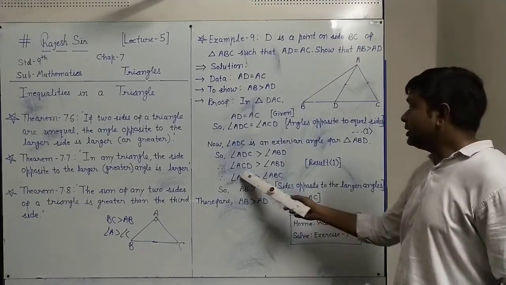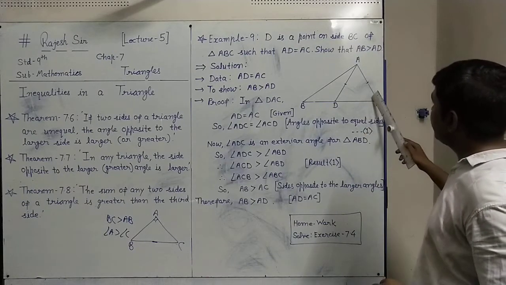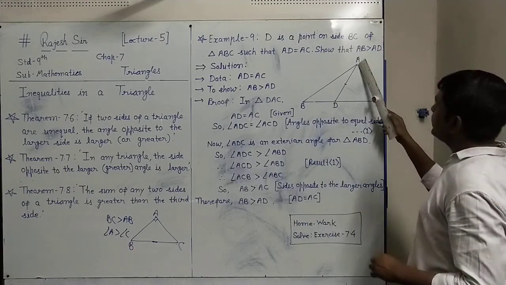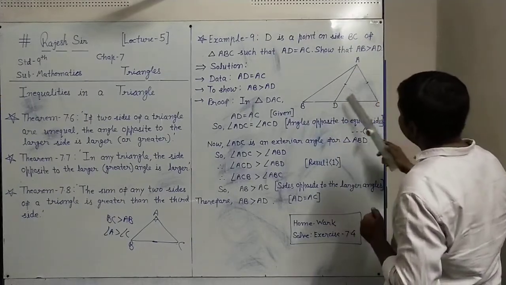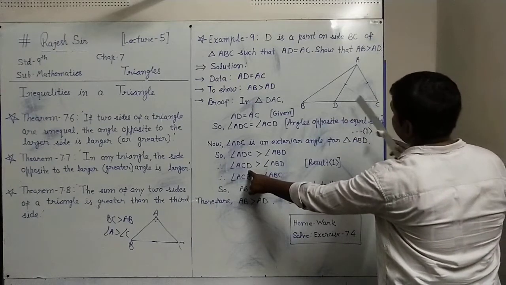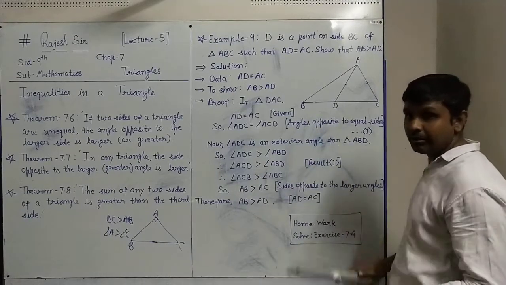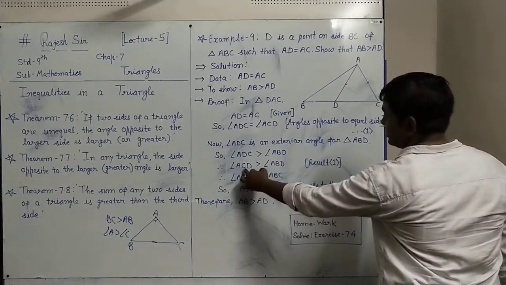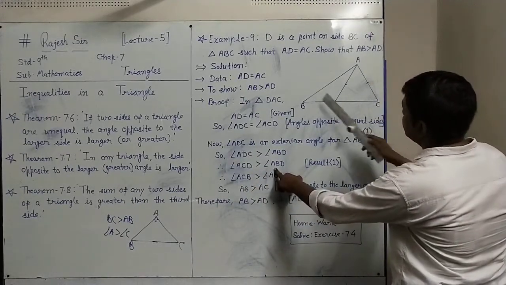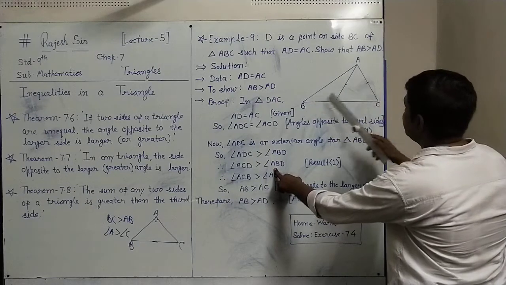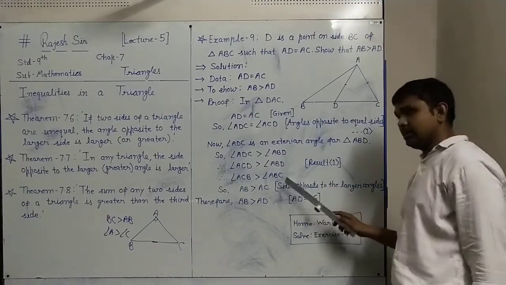Next, you see these two angles in the figure. Angle ACD is this angle. It can also be written as angle ACB. The same angle it will reflect. Only the names are different. The angle geometrically is the same. Greater than as it is. Here also angle ABD is this angle. It can also be written as angle ABC by the figure. Same angle, different name. So ABD can be written as angle ABC.